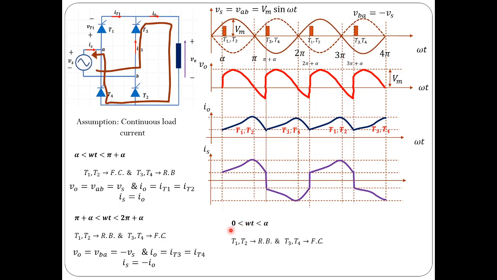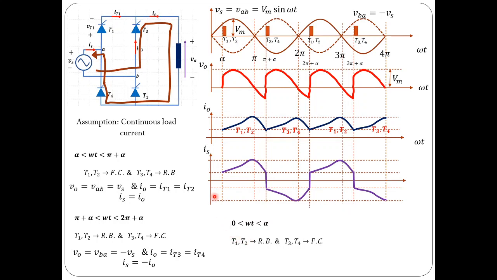Coming to 0 to alpha, omega t ranging from 0 to alpha. During this period, assuming the analysis is considered at steady state and the load current is continuous, the load current must flow even during this time. This omega t equal to 0 does not refer to the beginning of the circuit connection, or the switch closing. This operation is considered a steady state. In fact, this is the reference point considered to analyze the circuit operation at steady state. So this is the starting point of steady state analysis. It is not exactly the time where the switch is put into operation. So this is taken as a reference.